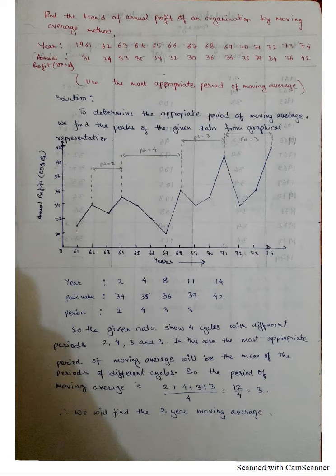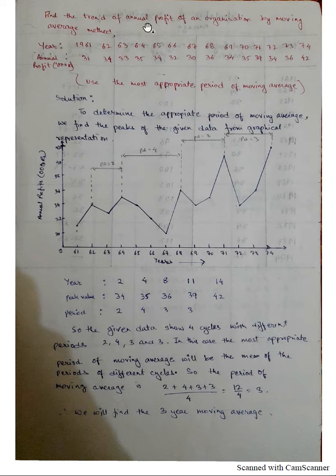For the odd period, we looked into practical examples of how to find the moving average for 3 years and 5 years, and for the even period we looked into a practical example of how to find the moving average for 4 years. Now today we'll do some further examples and see what we can do when the period is not specified, and we'll also see how we can find the weighted moving average. So first let us look into an example.